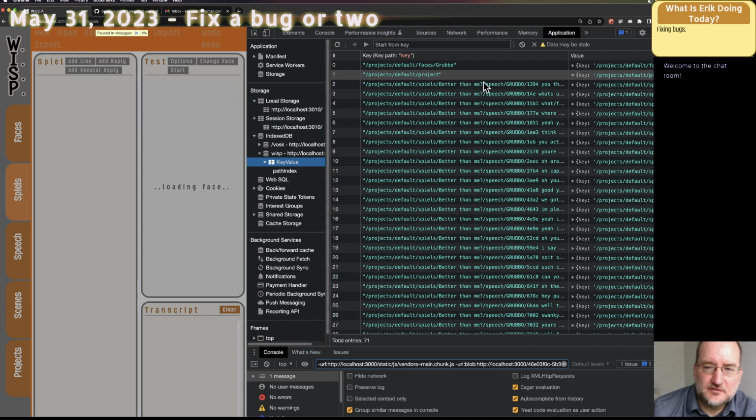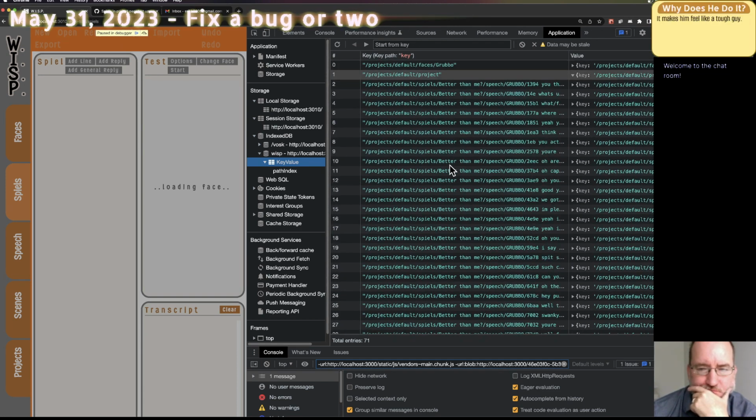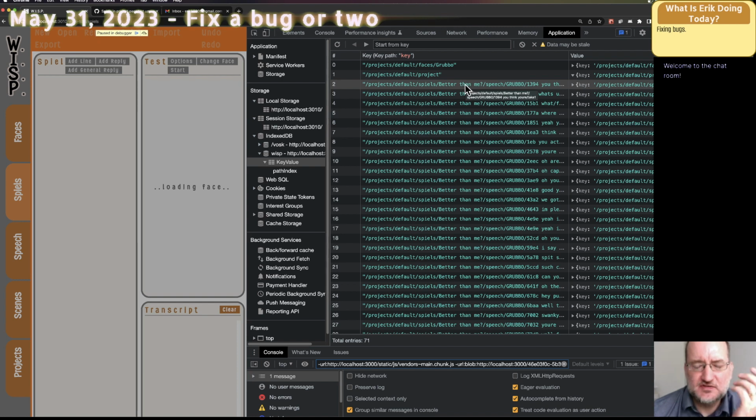Oh. If you rename a spiel, you've got to rename all the keys as well. That's a thing. Okay. The keys and the paths have to be renamed. That makes sense. That's also very non-trivial to fix.